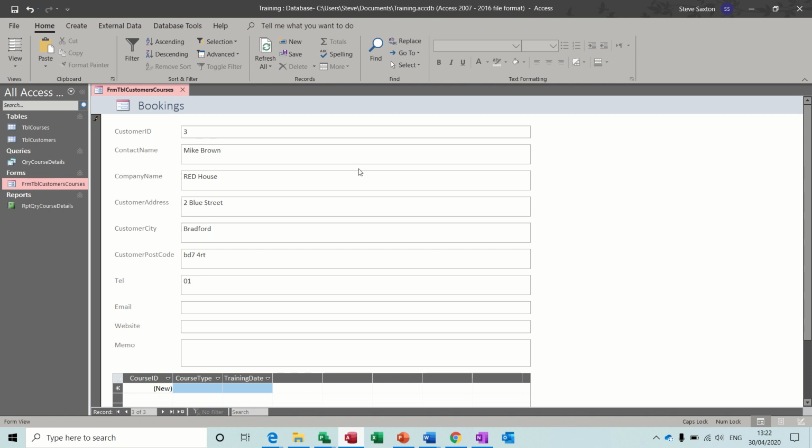No, that's not it. 01. I can't remember what it is for Bradford, but it doesn't matter. It's definitely not that. That's his number. He has got a website, so it's www.redhouse.com. And the course he wants is Excel,